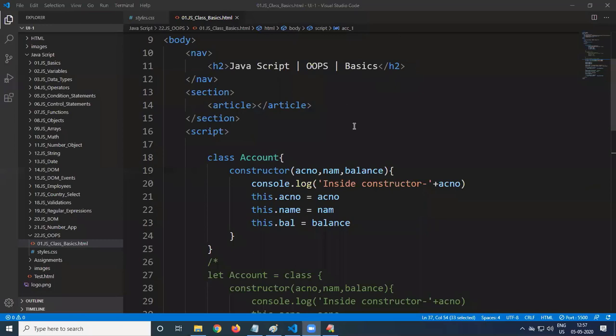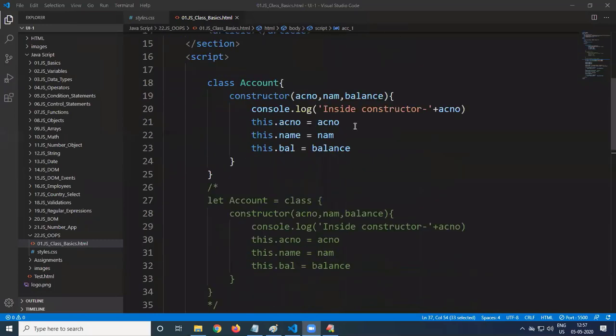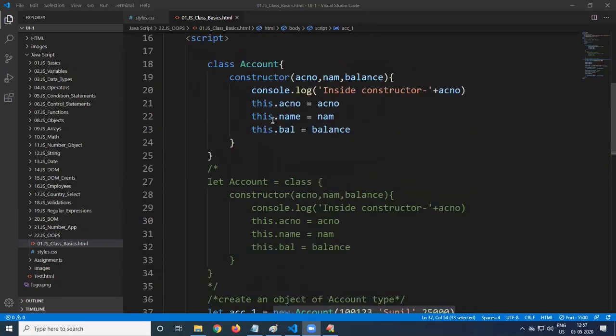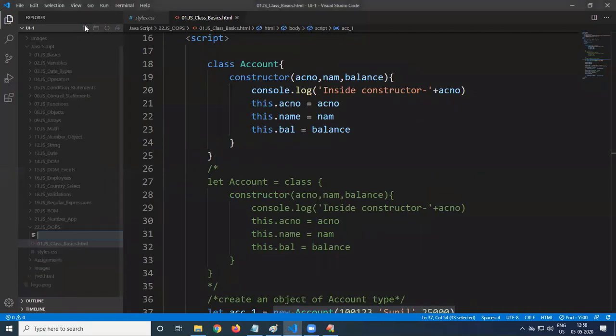In this case we are going to talk about something like getter and setter methods. You can see these properties are there: account number, name as well as balance. In the same way I'm going to create another class. The next program we are doing is JS class getters